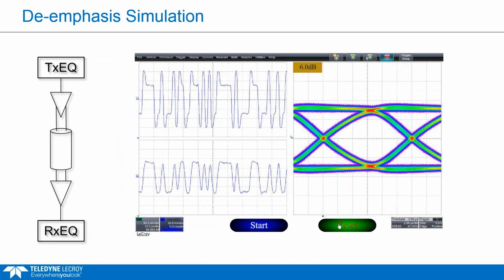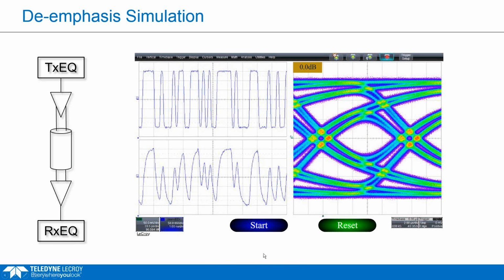So I have a quick simulation I can show here that's a good example to show how this concept works. Again, we have our channel model here. The signal on the top left side of the oscilloscope display is coming right off of the transmit equalizer, but before the channel.